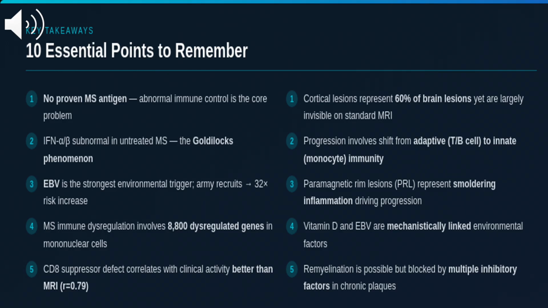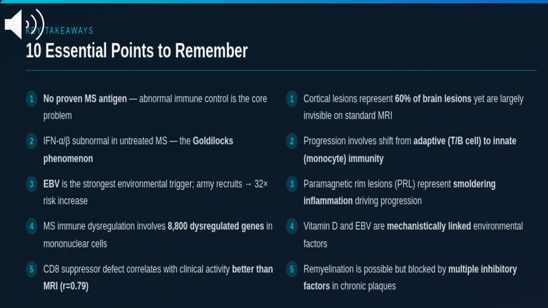and lupus. Third, EBV is the strongest environmental trigger, a 32-fold risk increase after mononucleosis in young adults, near universal EBV positivity in MS patients, and mechanistic links through IL-6, Th17 induction, and vitamin D receptor blockade make EBV central to MS pathogenesis. Fourth, 8,800 genes are dysregulated in untreated MS mononuclear cells, a massively dysregulated immune system that